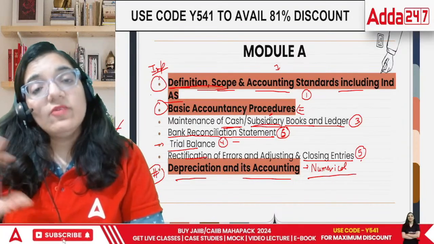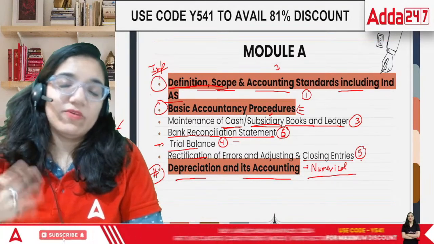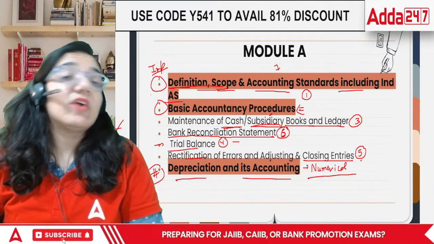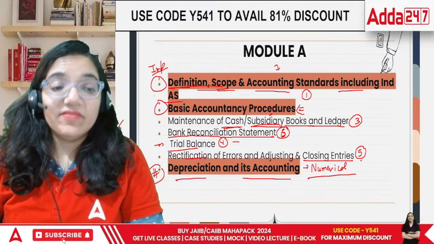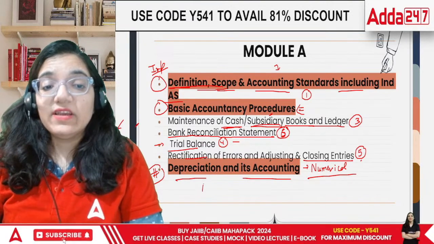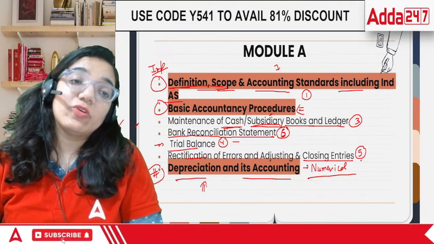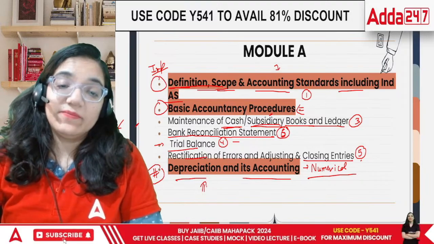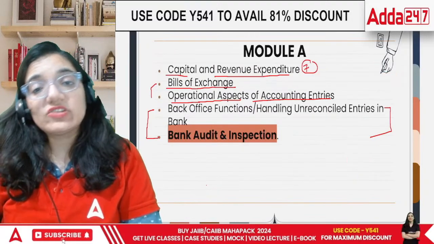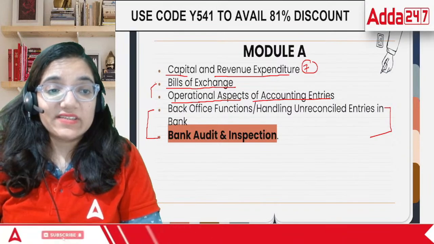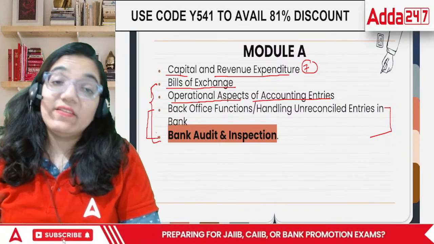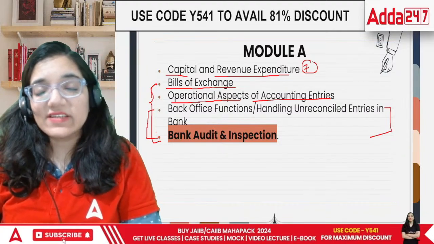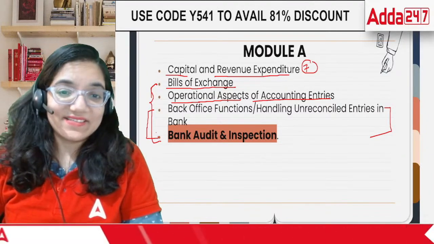And then once you're done with the theory portion more, one of the best ways is going from easy to difficult. Once your base of accountancy is absolutely clear, then go for depreciation and its accounting. Because this not only has portion of what you have done in the previous chapters, but also new points as well. So it's easier, you finish it off and then you move on to these 3-4 chapters. This is all about module A, and the ones which you can see marked are a little more important than others.